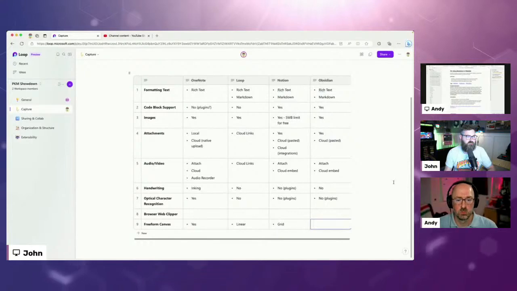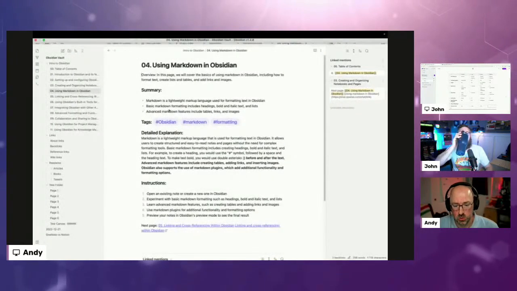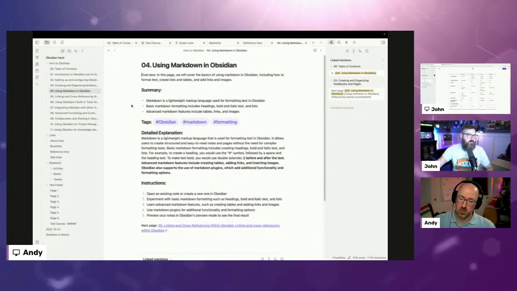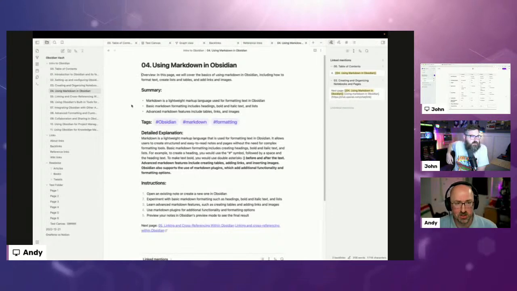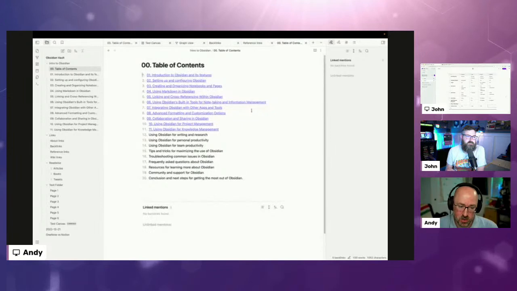Is there a free form canvas when it comes to Obsidian? Well, let's bring it to the forefront. So this is Obsidian, for those of you that are seeing it for the very first time. Yeah, I've never used this at all. Yeah, it's a single column based layout. So it definitely flows top to bottom.